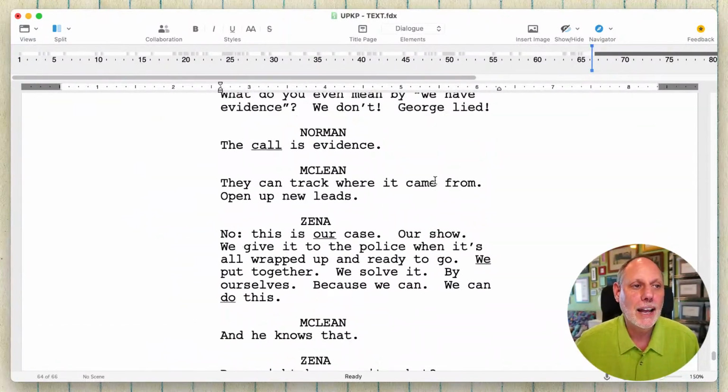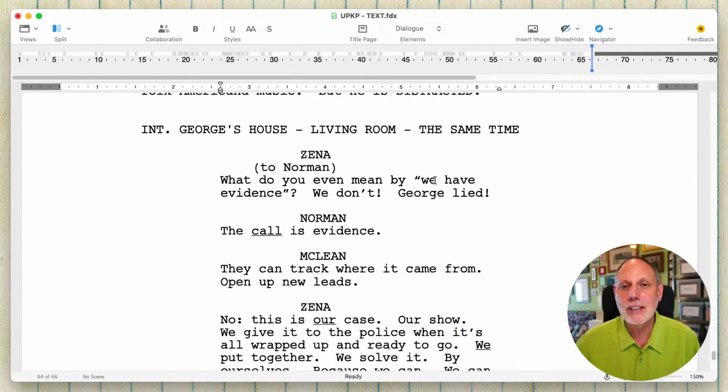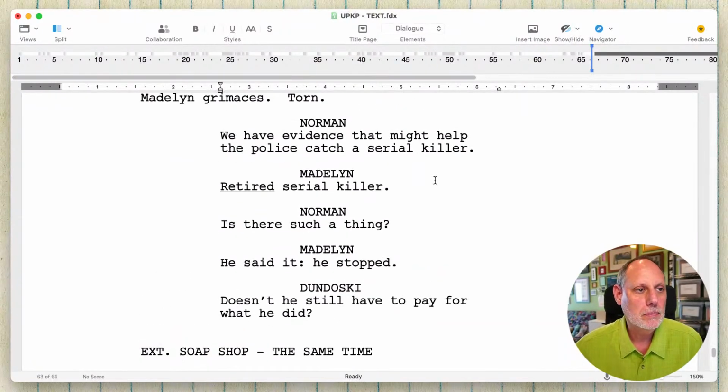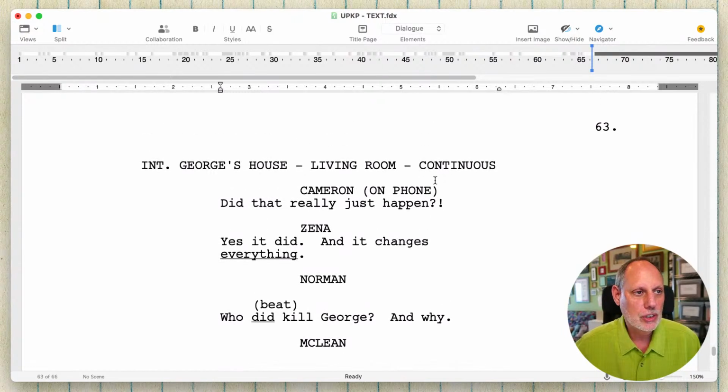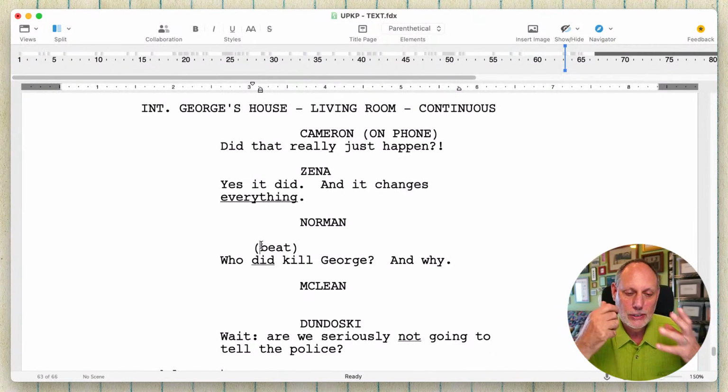So the problem is simply I have, in this last couple of pages, because I was nervous about how much time I'm taking, it's just rushed. It's going way too fast. So I need to just slow it down and allow these questions to bounce back and forth between the characters a little bit. And I'm going to have to find some cuts somewhere else because I'm not going to cut any more here. It's cut down to the bone. All right.